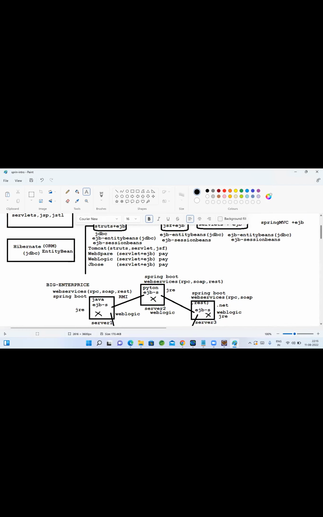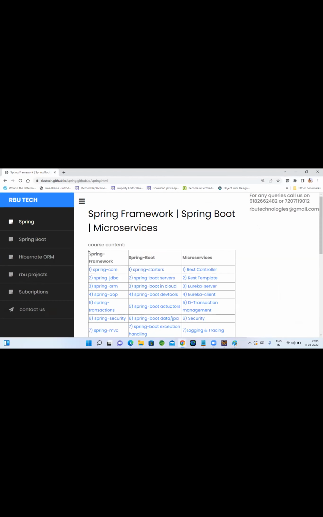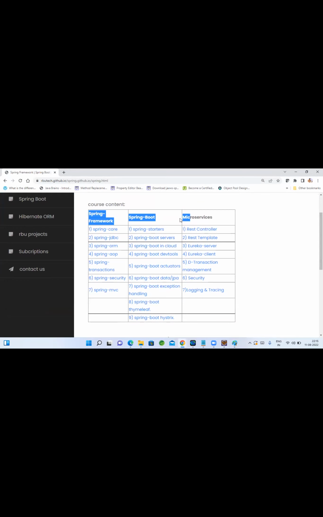Okay, sure. What was discussed yesterday? I joined only today. Yesterday was about course content only. We told that these are the things we are going to cover as part of the session: Spring Framework, Spring Boot framework, and microservices. The duration is 35 to 40 days, so it may be more than that, maybe 5 days plus. And we will spend a few weekends to cover a few projects.